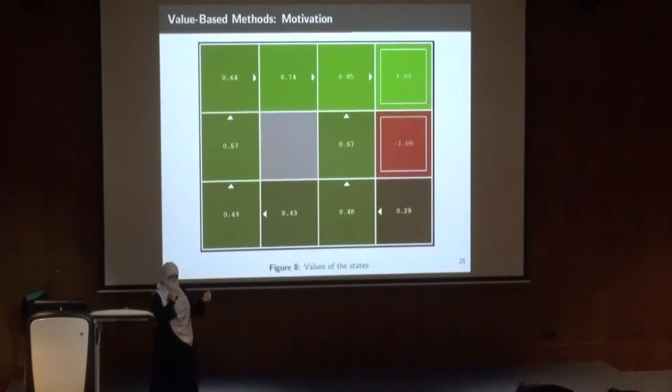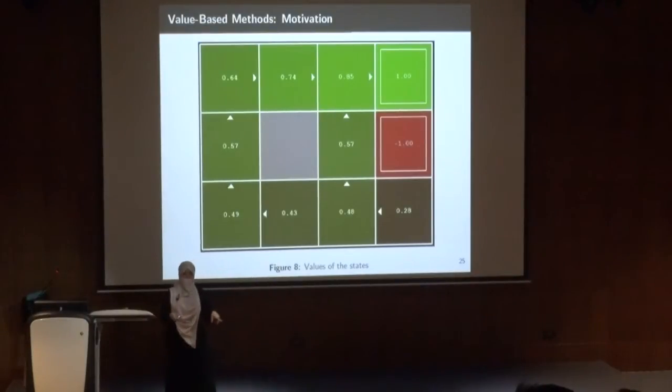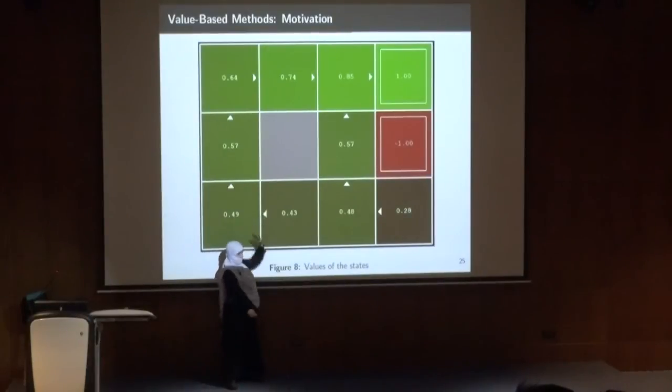Yes? We can reach a state from different states. Is that the same value? We get the same value. I can reach it from the right. Okay, because we have the Markov property, the reward of this state is not cumulative. It's just the reward that I will get given that I am in the state and for future steps, not for previous steps. We will see how to compute it. Okay? And these arrows here, what do they represent?